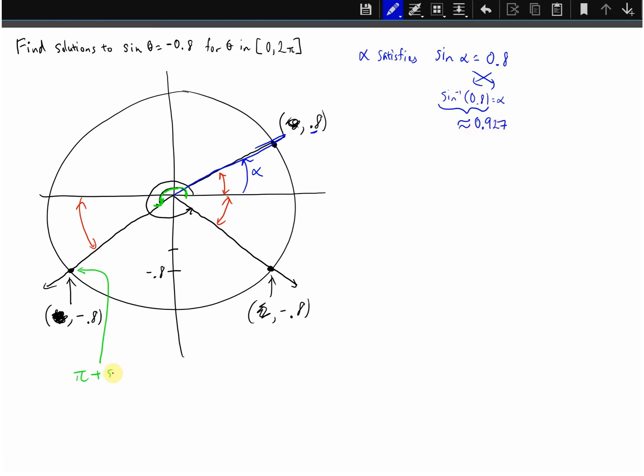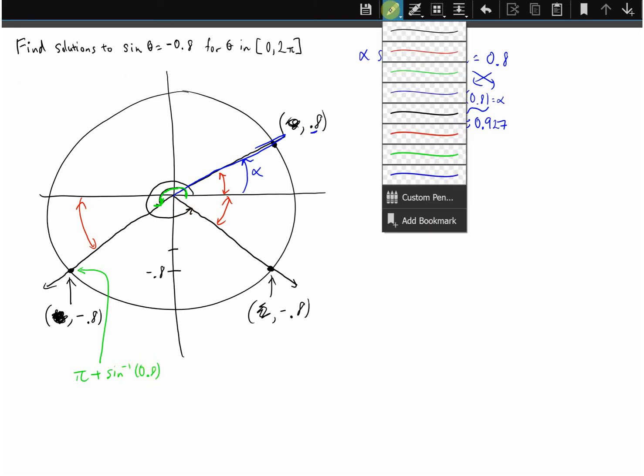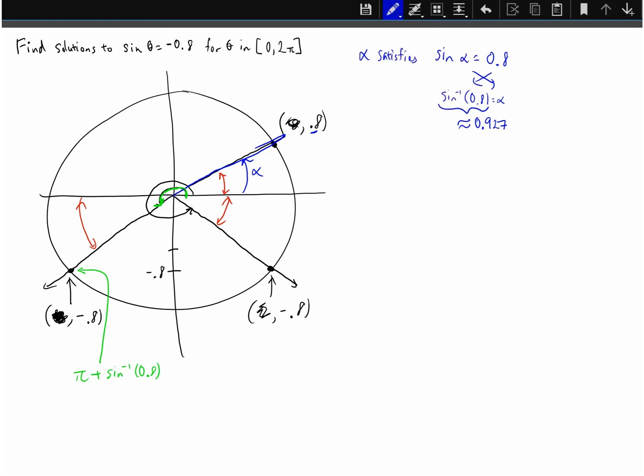Here's the exact value, sine inverse of 0.8. What about the other angle we're looking for? If I mark this in, I don't really have another color to work with. Let's just use blue. I hope that's not going to be too distracting, but if I sort of draw that angle right there,